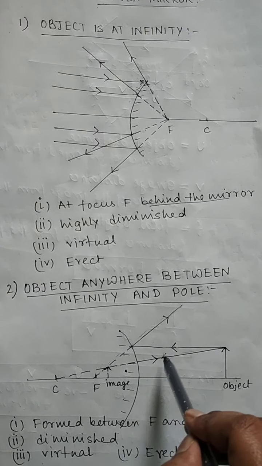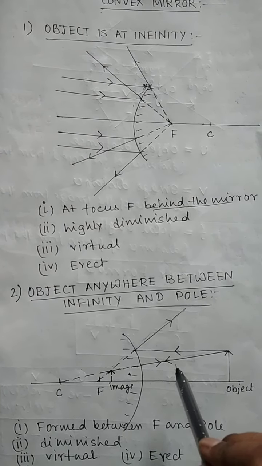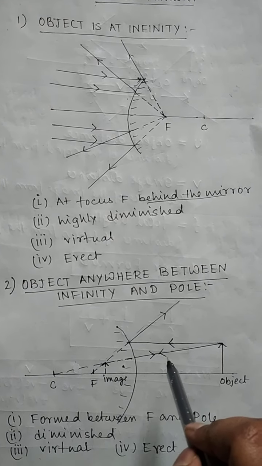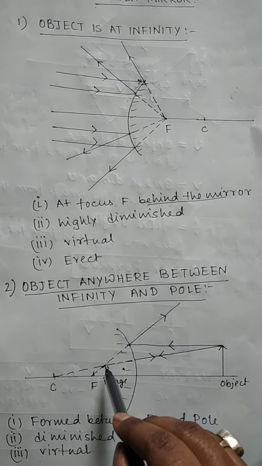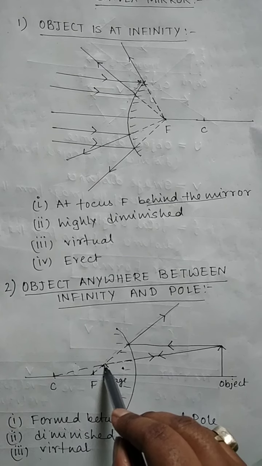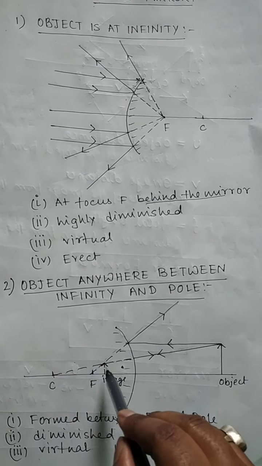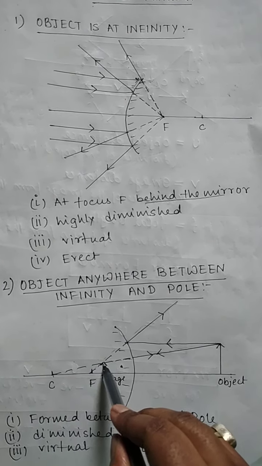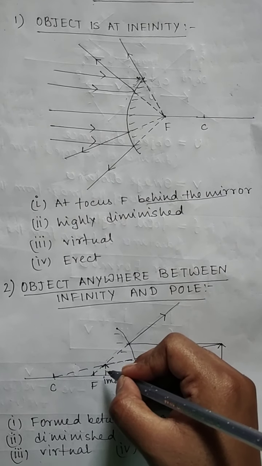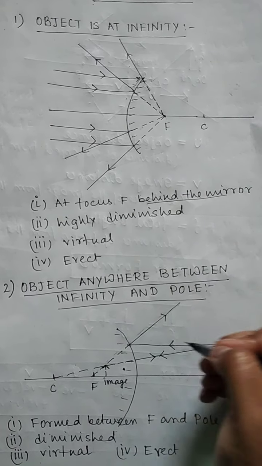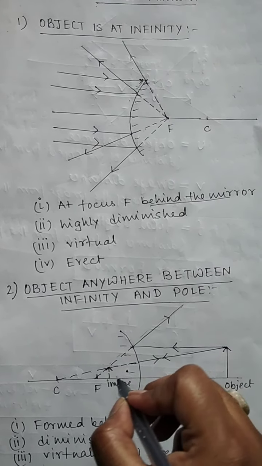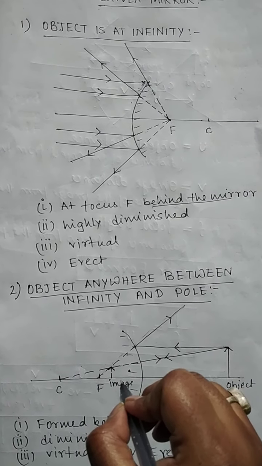So here I have given two arrows. Remember, arrows are very important. Okay, now where the two rays meet, the image will be formed at this point. So here the image is drawn with dotted lines again. Why? Because it is formed behind the mirror. That means a virtual image.